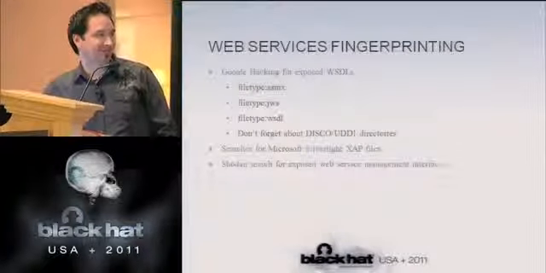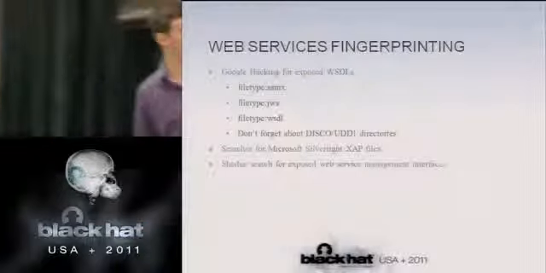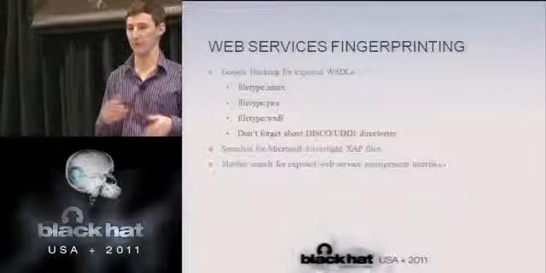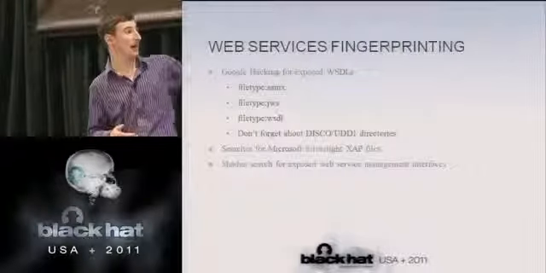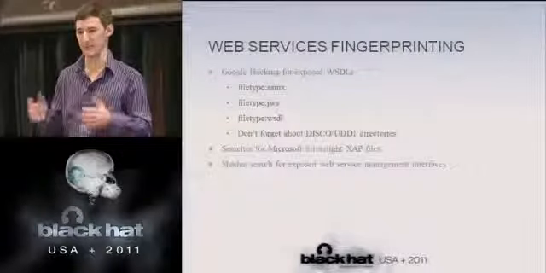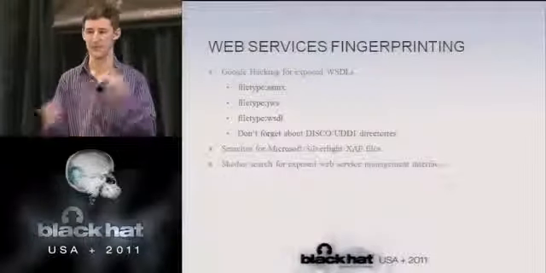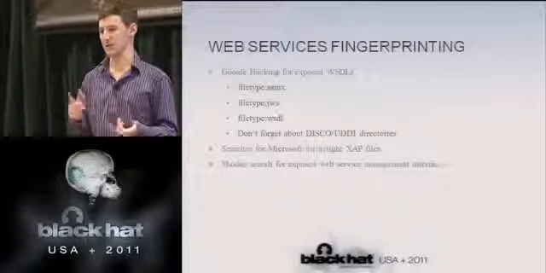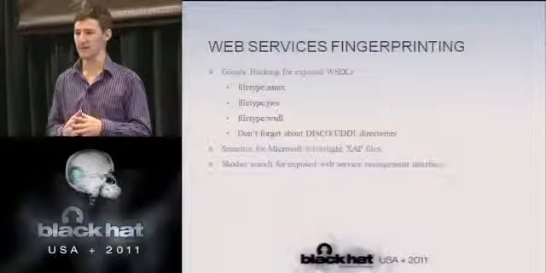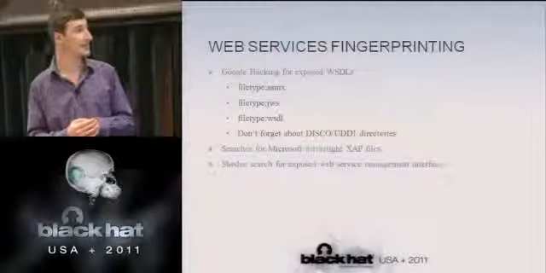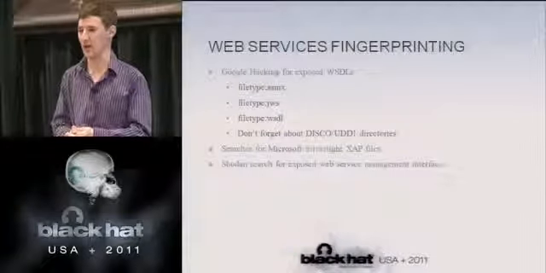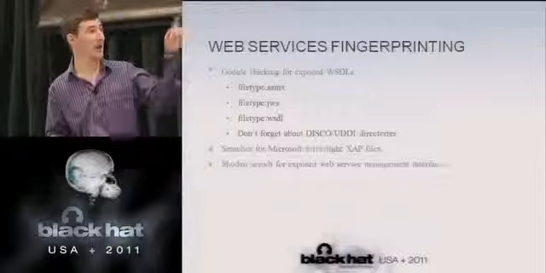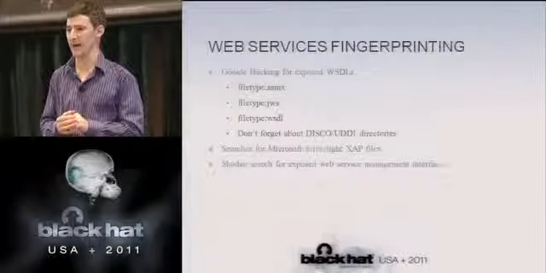Fingerprinting. In terms of fingerprinting, we put together a little bit of Google Docs here for anybody who's going after an organization. They might have exposed various different types of file types. These basically map back to the different languages being used. Commonly what we're seeing in the industry is Microsoft or Java. So from there, you'll see ASMX, which is commonly used for Microsoft and maps back to their technologies. From there, we'd be able to enumerate the WSDL.